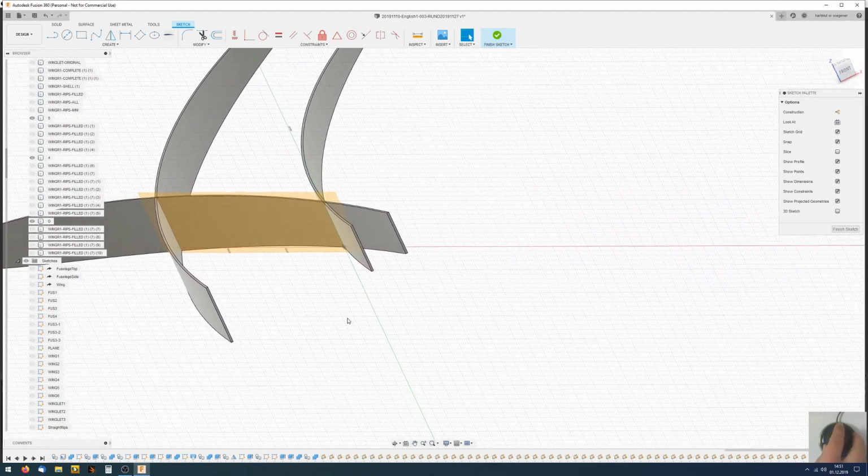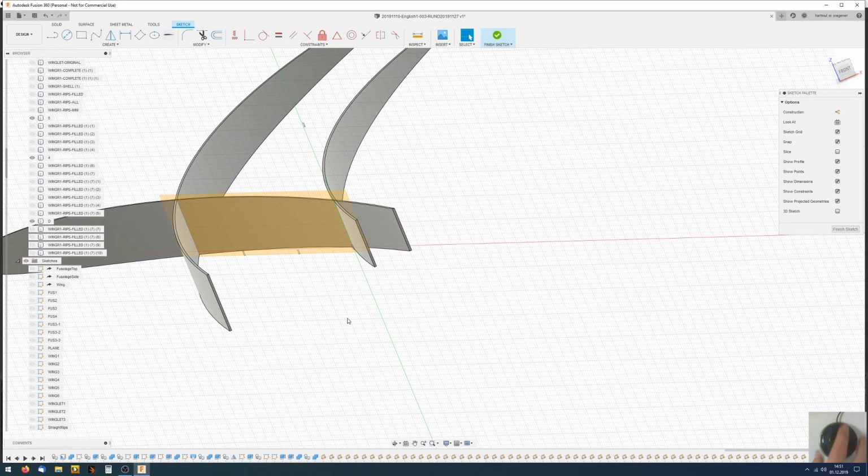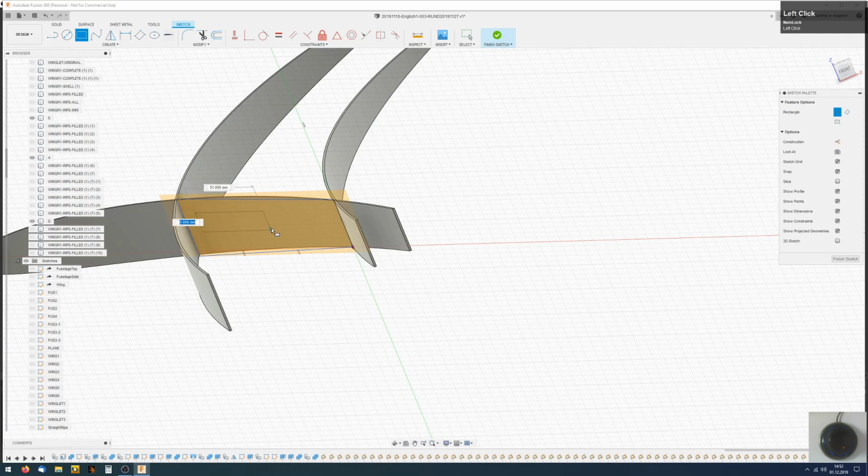No easy task to do this, but now I create a drawing here and let it go from this point to this point to this point to this point and back to that. Now I create a second drawing inside there.